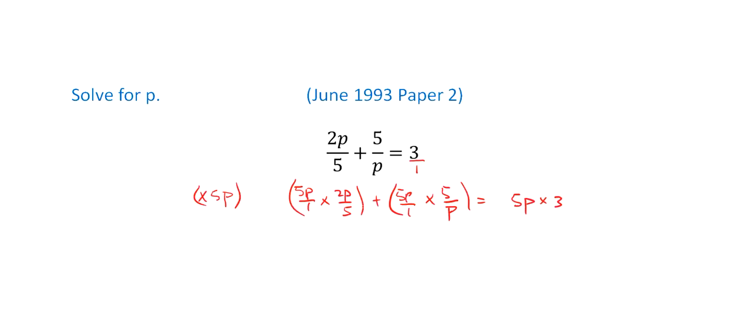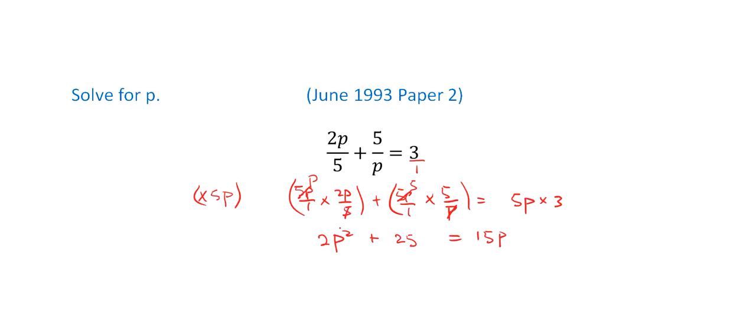Alright, so 5 into 5p, we end up with p. So the first term will be 2p squared, because p multiplied by 2p gives us 2p squared, plus this p can go into 5p 5 times, so this will give us 25, which is equal to 15p,